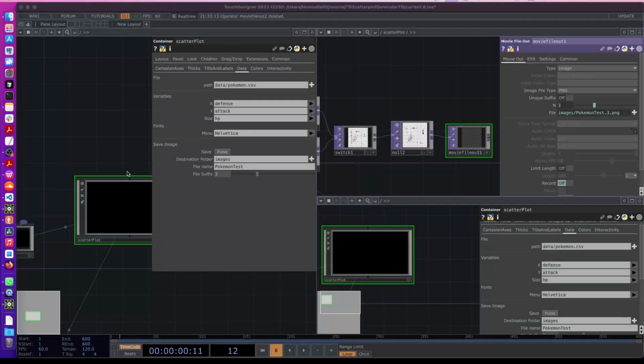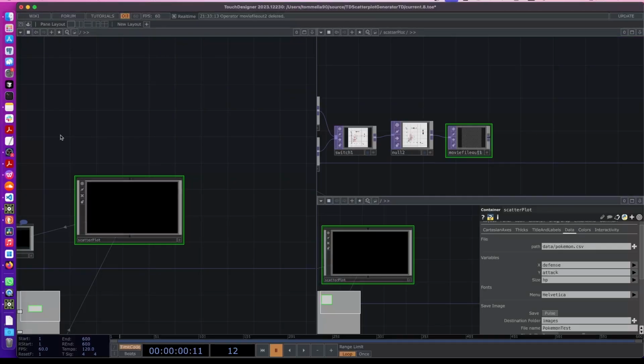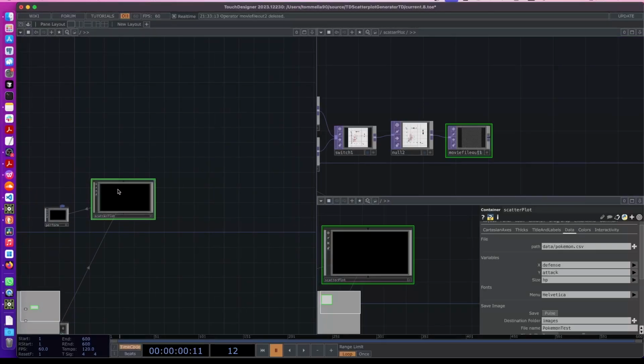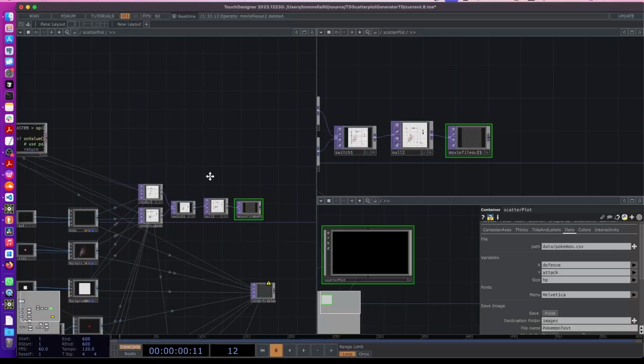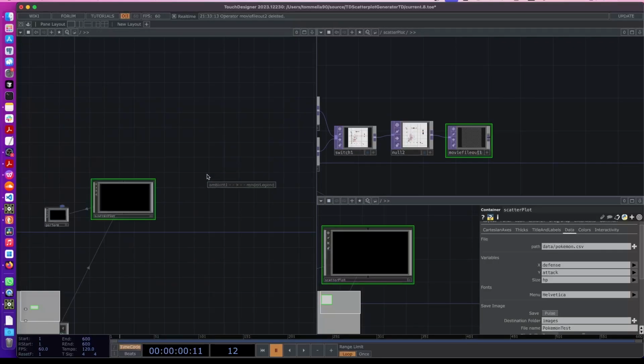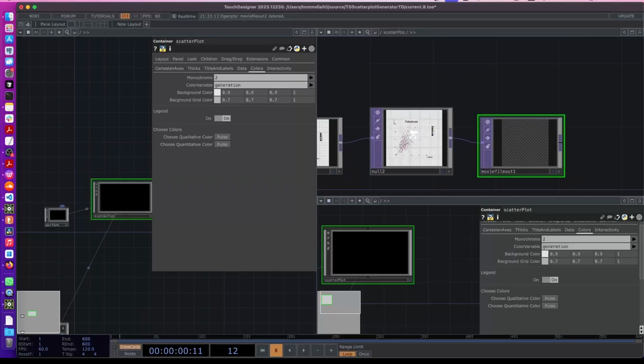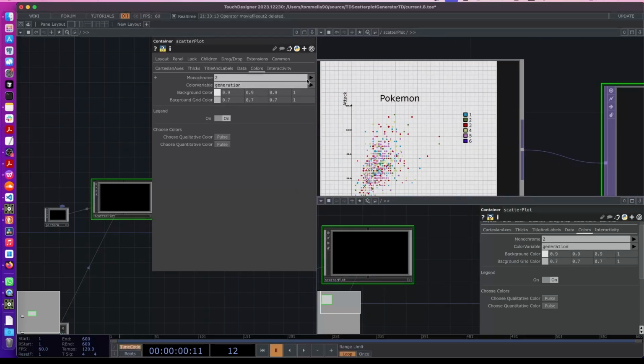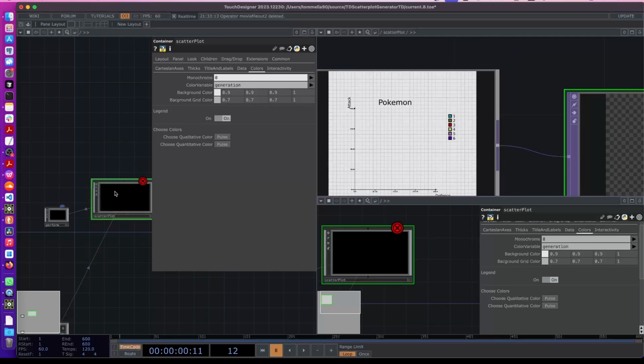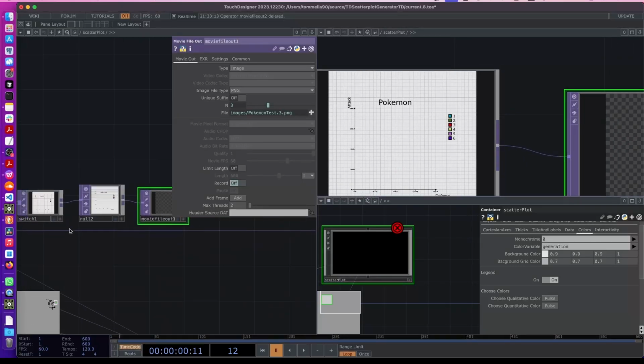Now there are a couple of things that we need to fix. First, okay, let's go up. There is a problem with colors. So now if I choose quantitative it is fine, but if I do mono, it won't work. That's because if you go to colors,